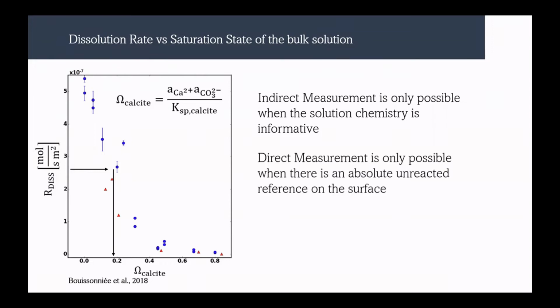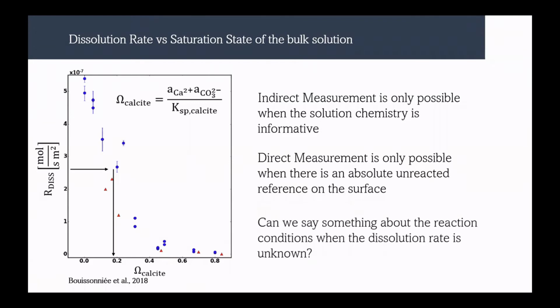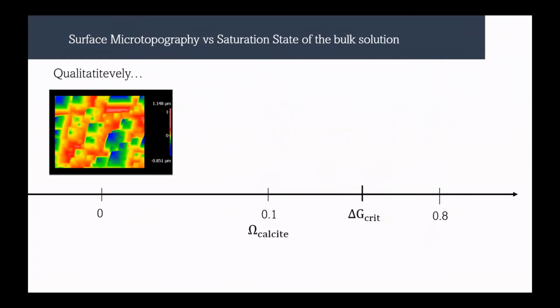But on the other hand, this is not always possible, because in order to have a direct measurement of the dissolution rate, we need to have a non-reacted, absolute reference at the mineral surface, and this is not always possible. So the question is, what can we say about the reacting conditions based on the surface microtopography when we don't know the dissolution rate? Can we say something? So this is where we start. We start from the qualitative observation,